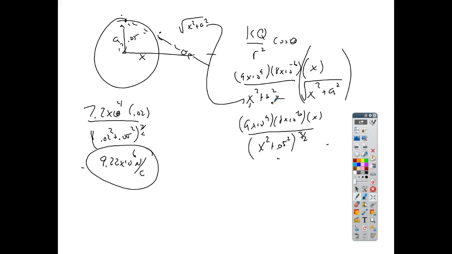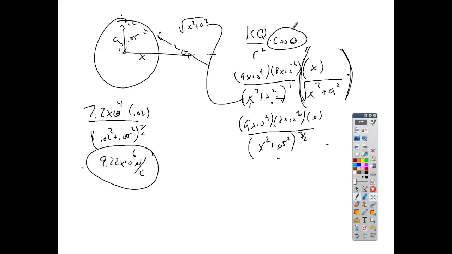Wait, hold on. The last part you put them together. This is to the first power, right? So I've got a square root of the same thing as inside, right? When you multiply and the base is the same, you add the exponents. 1 plus 1/2 is 3/2. Why do you have to multiply again? Well, because I'm multiplying two fractions together. This expression is my cosine. This is my distance between the two. When I multiply them together,